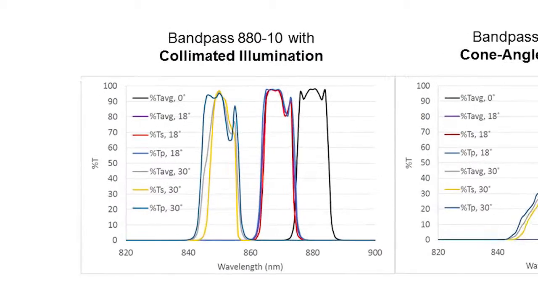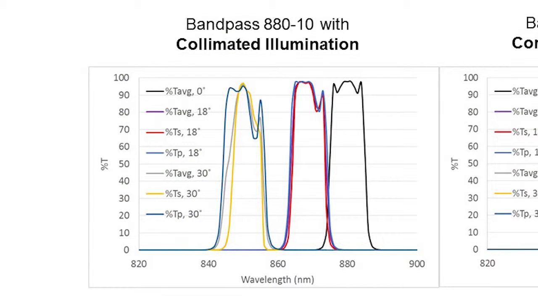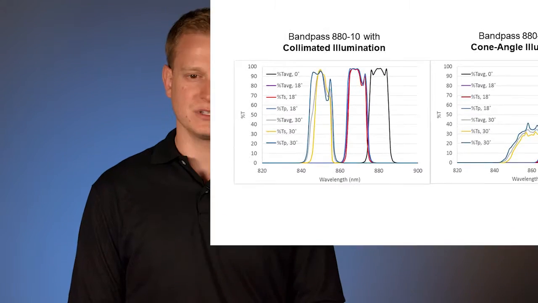We'll look at, on the left, a collimated type of approach where you have a varying angle of incidence from 0 degrees up to 15 to 18 degrees, and lastly 30 degrees. So the curve will start further on the right. As your angle of incidence changes, you have a spectral shift to the left, so we call that a blue shift. Roughly, when you're talking 15 to 18 degrees, that's roughly 5% of your center wavelength.